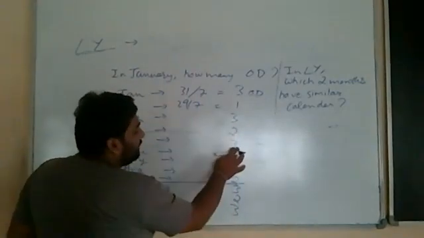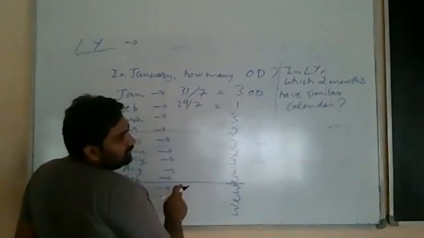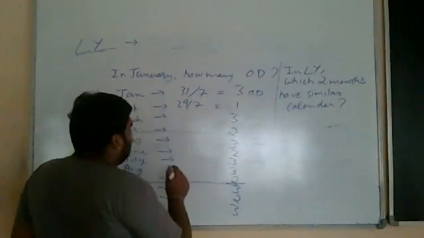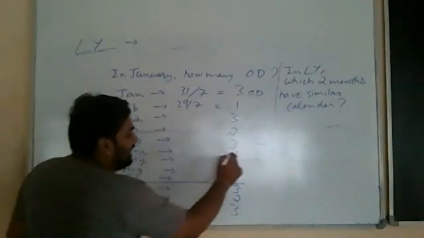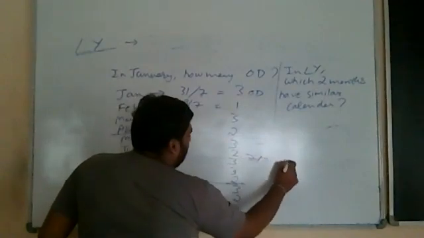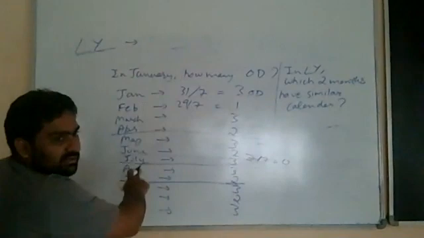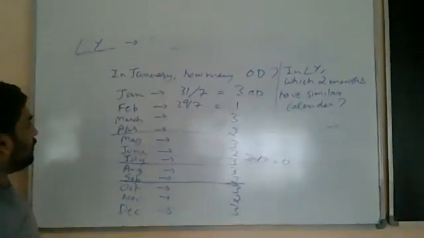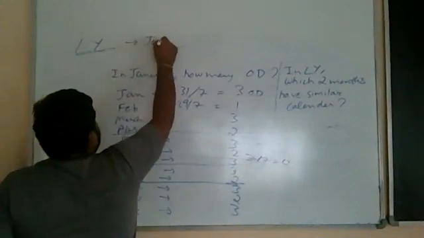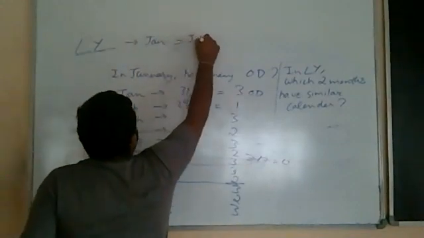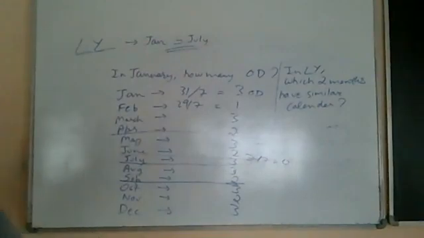2 days. May 3 days. Total 5. June total 7. Now again here 0 happened. 7 days. So 7 by 7 will be 0. So now July will look like January because July also has 31 days. January also has 31 days. So in each year, January will be equal to July. Is this clear?